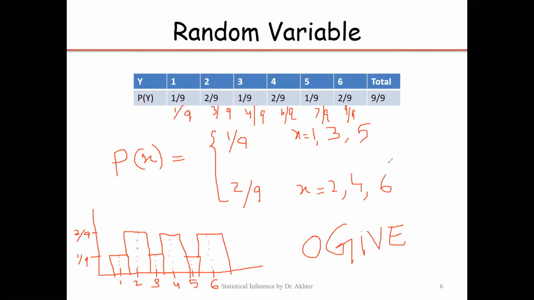So I am just giving you an expression. Okay, this is your step of 1 inch. Then we have a step of 2 inch. Then we have a step of 1 inch. Then we have a step of 2 inch, and so on. So all over there we have this type of pattern: 1 inch height, 2 inch height, 1 inch height, 2 inch height, and this is called an ogive, or a cumulative probability graph. So in this way you can construct the cumulative probability graph.